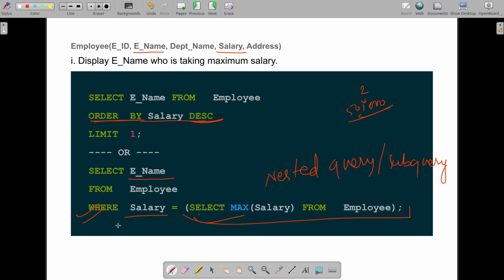So better is to write this one, but if they have asked this in examination, writing the first one is also totally fine.